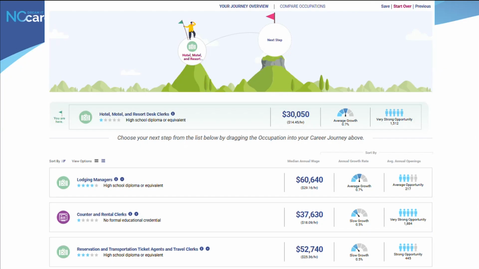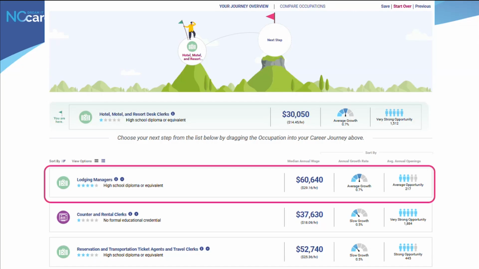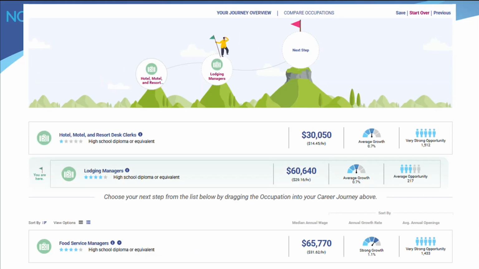The tool then generates a list of occupations that has similar skills and represent sort of a step up in terms of salary. So he can explore these options, and maybe the first one, lodging managers, seems like a natural progression for him. So if he clicks on it, he can then continue to start mapping out a career pathway, and it's added to his career journey from there.